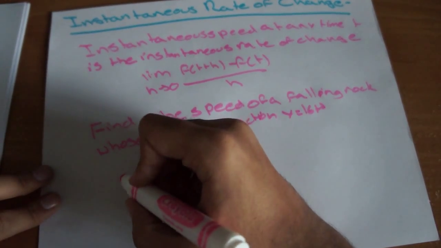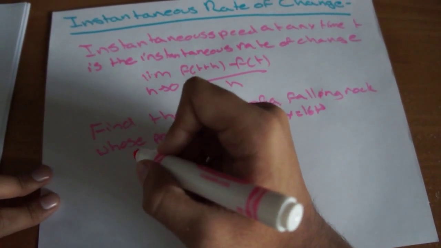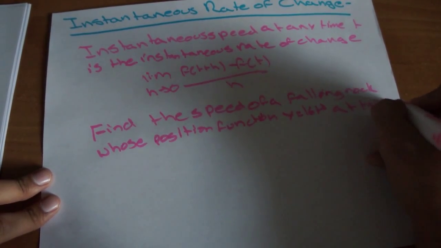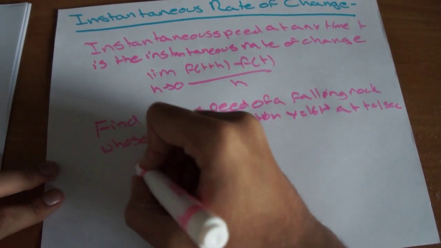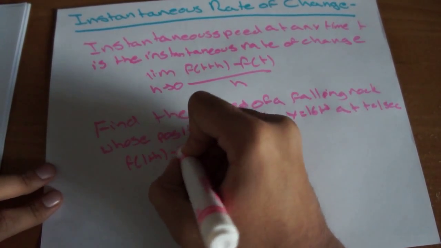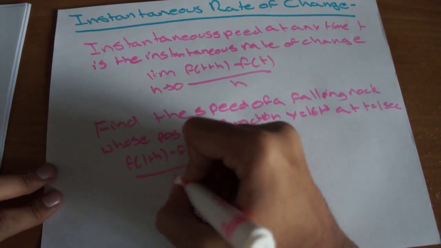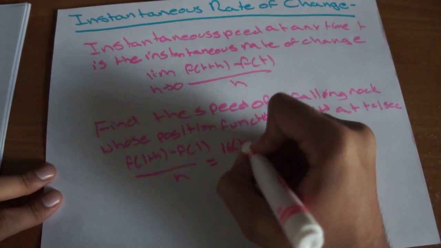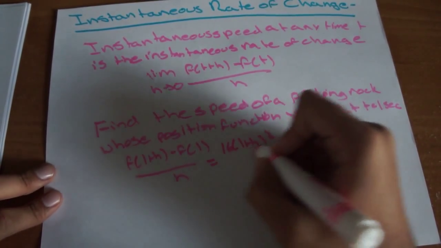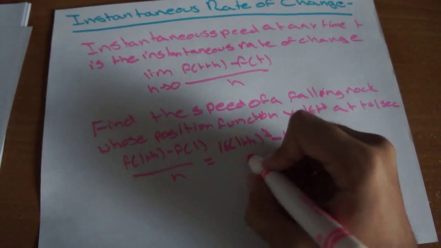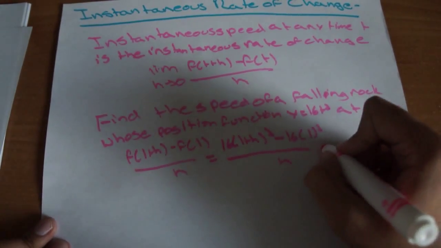Using the equation, we're trying to find it at t equals 1 second. So we have f of 1 plus h minus f of 1 all over h equals 16 times (1 plus h) squared minus 16 times 1 squared all over h,